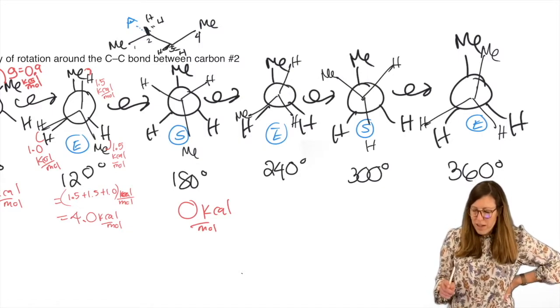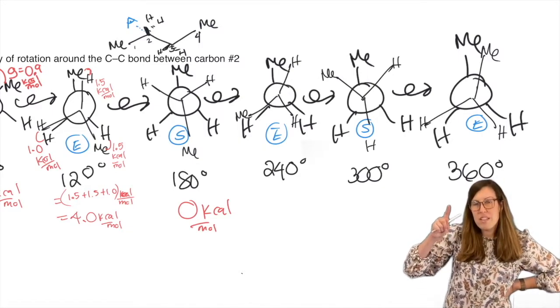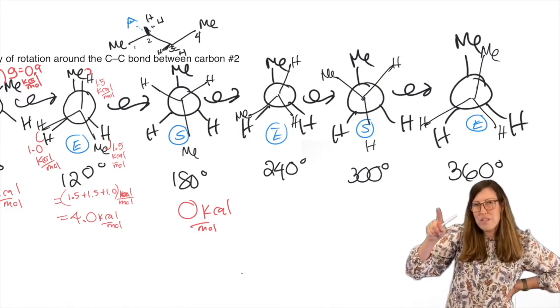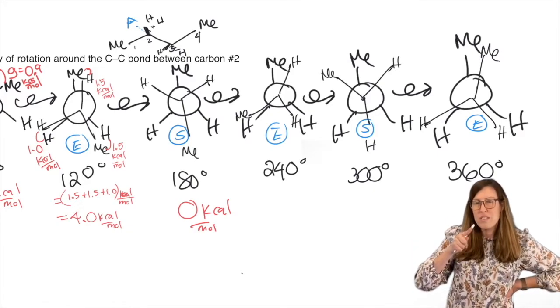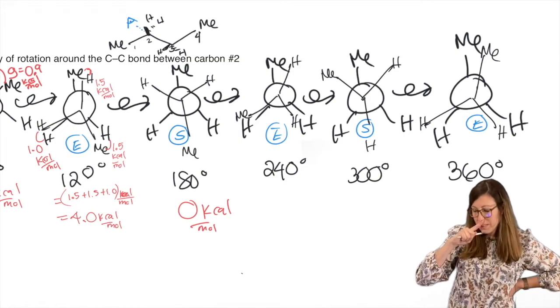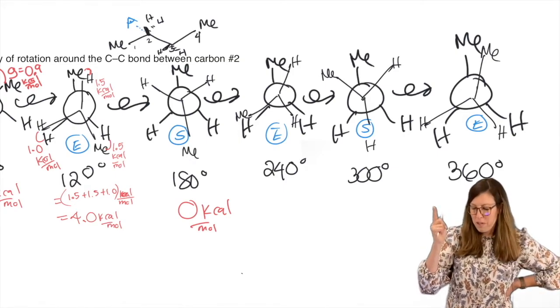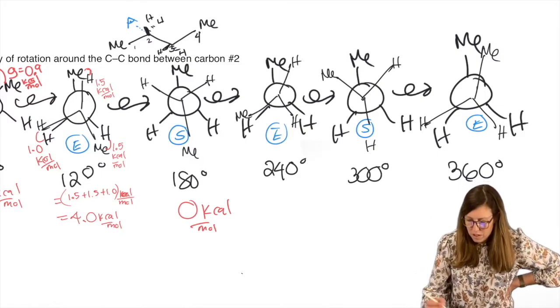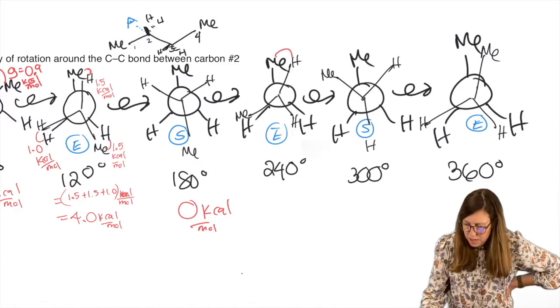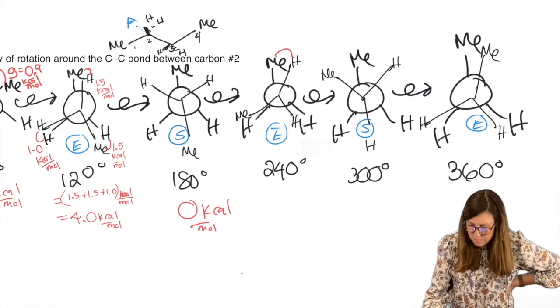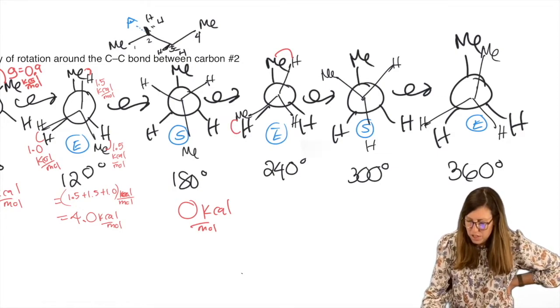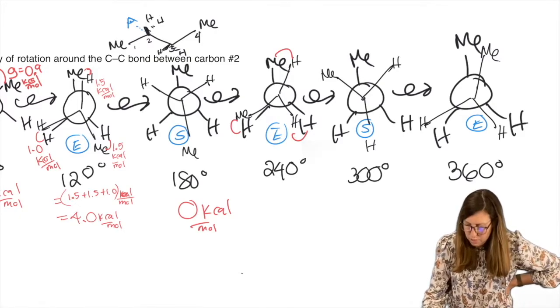Okay, so now we're back to eclipsed. But we're on the other side of the clock now. We've worked our way around half the clock. And if the molecule is symmetric, which this is, you start to see the same values pop up. But we're going to be thorough and look at that afterward. So methyl eclipsed with H, methyl eclipsed with H, H eclipsed with H. That sounds familiar. H eclipsed with H is worth 1.0 kcals per mole.